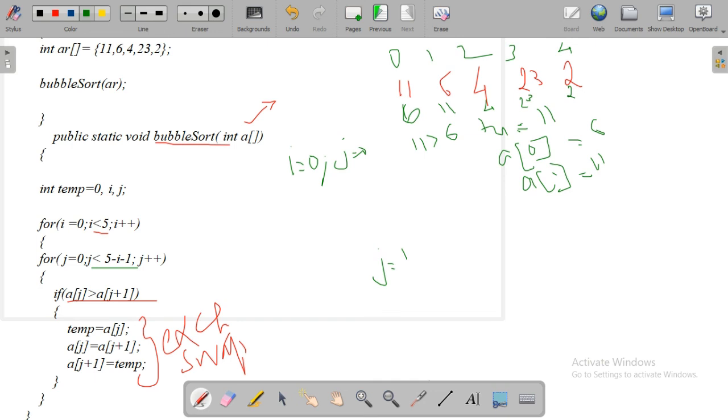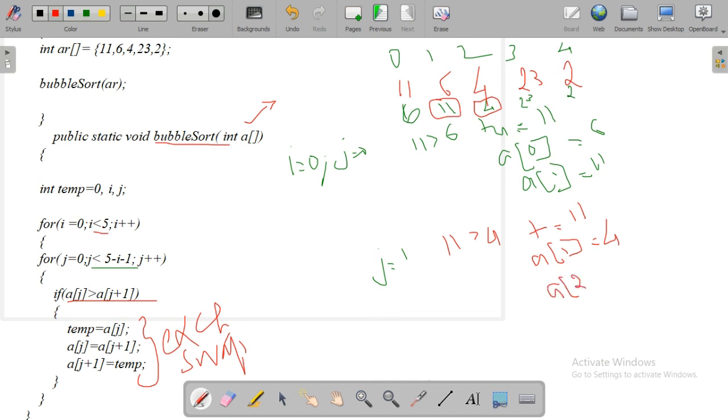Next, j is increasing to 1. The condition j less than 5 minus 1, yes, the condition is true. So here it will consider j equal to 1. The condition we have to check is a of 1 greater than a of 2, that is, 11 greater than 4. Yes, the condition is true.